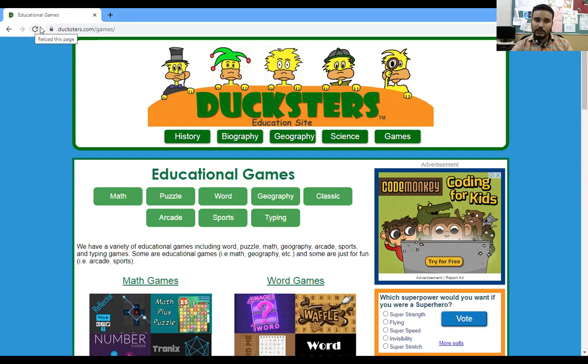Now if you go forward a little bit, you can see a website is there. Here you can see https://www.duckstars.com/games. So what is this? This is your URL. URL means Uniform Resource Locator. That is the address of this website. And where we have entered this address, we have entered it in the address bar. So this rounded rectangular area is called the address bar.